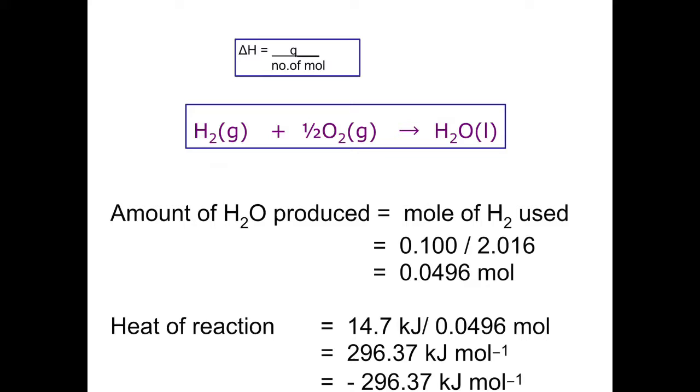By referring to the balanced equation, the number of moles of water is equal to the number of moles of hydrogen. Hence, 0.1 gram of hydrogen divided by the molar mass, we will get 0.0496 mole. So, delta H equals 14.7 divided by 0.0496 and we will get the final answer of negative 296.37 kilojoules per mole. The negative sign is written to show that this reaction is an exothermic reaction, which means heat is released. Alternatively, you can write heat release in brackets next to the